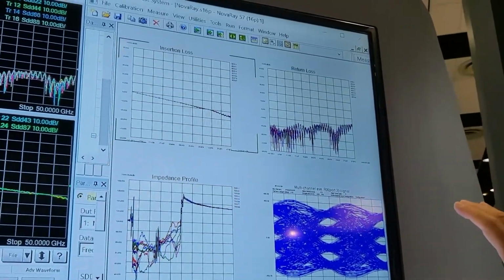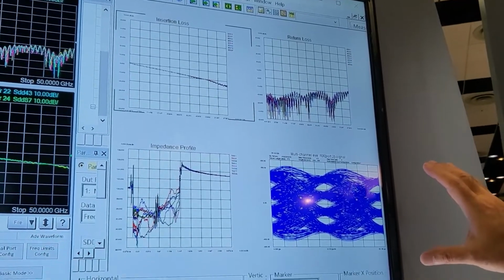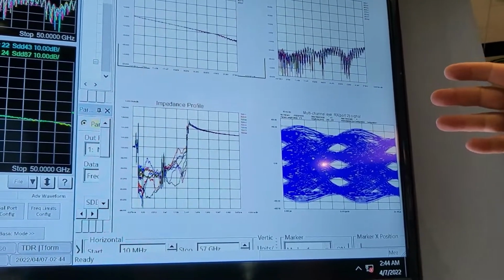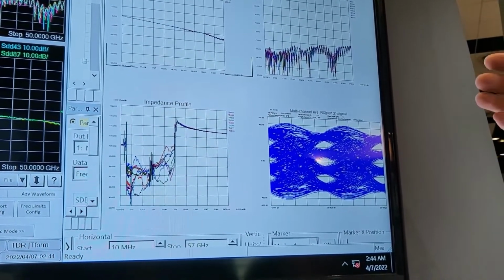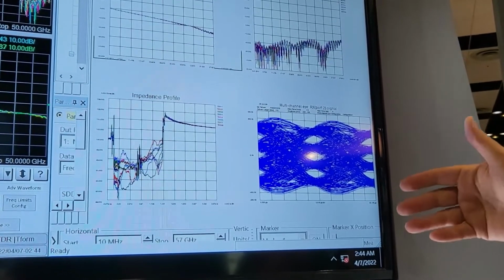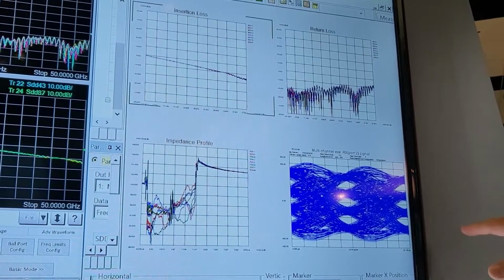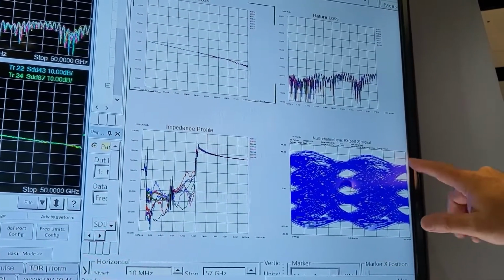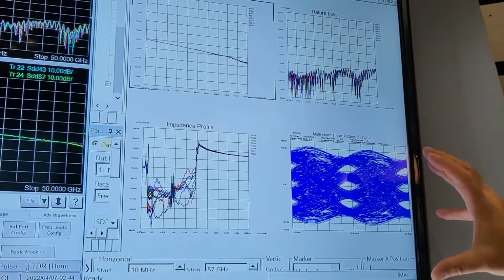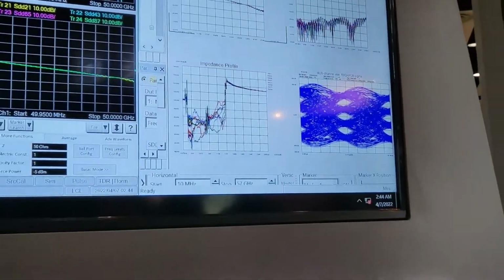So one of the main figures of merit for high-speed digital design is called the eye diagram. And what's interesting here is at these data rates, 112 gigabits per second, we actually use what's called 56 gigabaud PAM4. This modulation technique, pulse amplitude modulation, gives us 3 eye diagrams, and so we can measure each of these eyes separately to make sure they're open, so the receiver sees all of the information it needs to with the